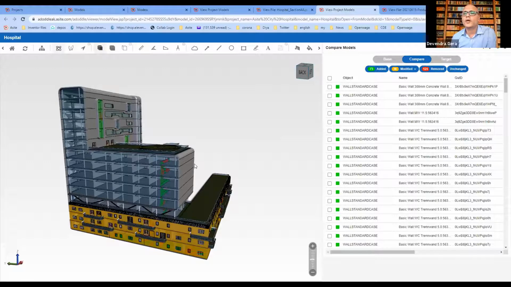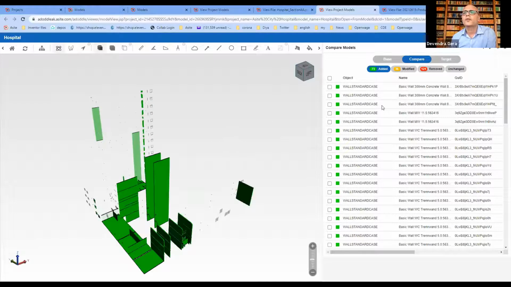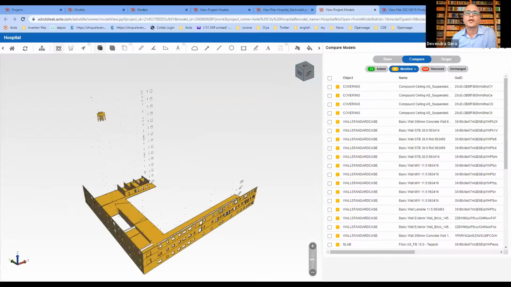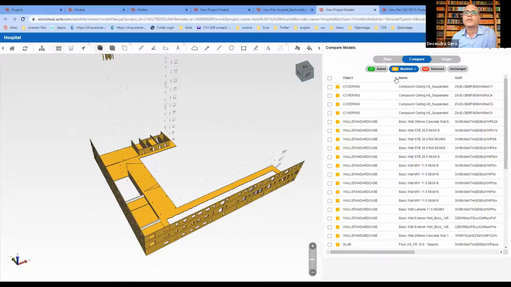What we can do is look at what entities were added into the target when I'm comparing, or if I want to see what objects were modified. So if I look at this, I can select how it looks in the base version versus the target version.